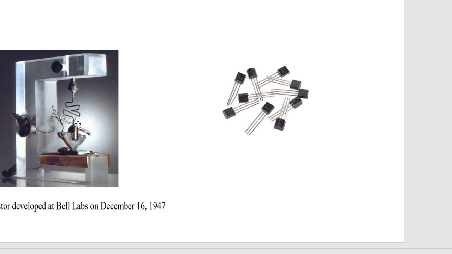Whatever advancements in science and technology we see today are attributed to the invention of this transistor. In the diagram on the right-hand side, this is the kind of transistors